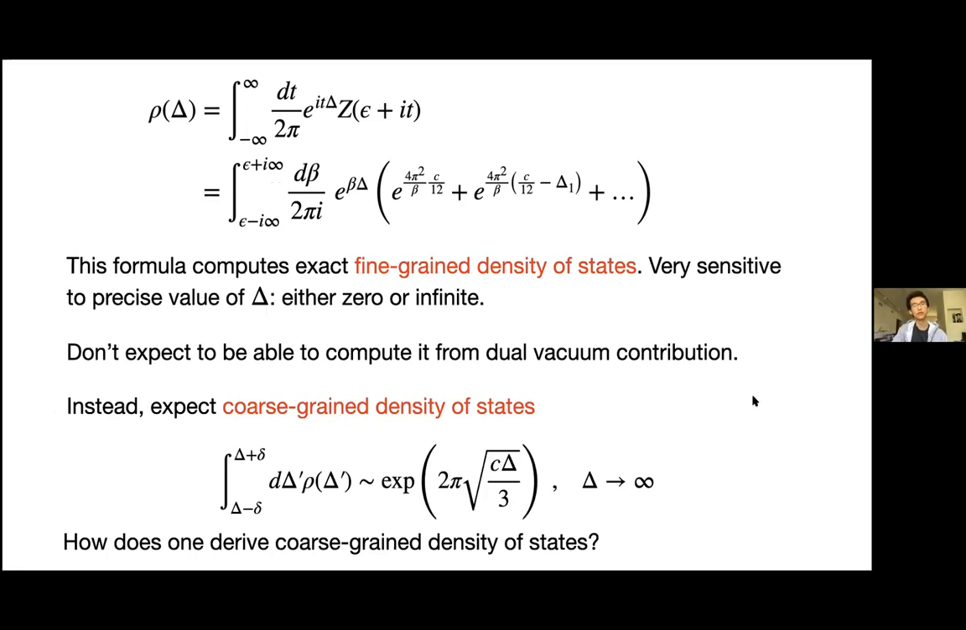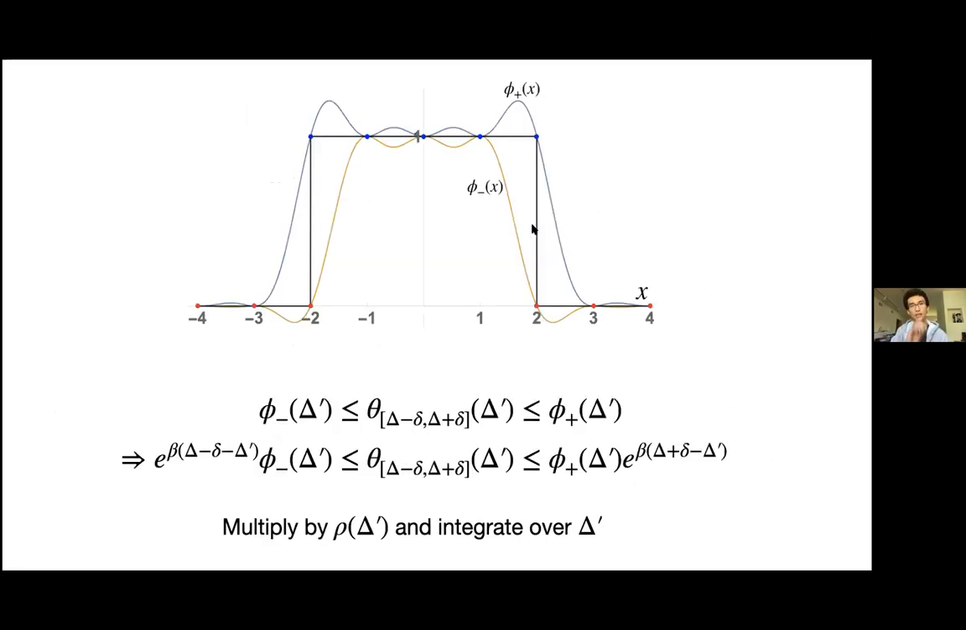All right, so let me explain now how you derive this formula. The idea is the following. We would like to count the number of states in this window centered at large delta and of size 2 times small delta. So now let's imagine we find these functions phi plus and phi minus, which approximate this characteristic function from above and below,